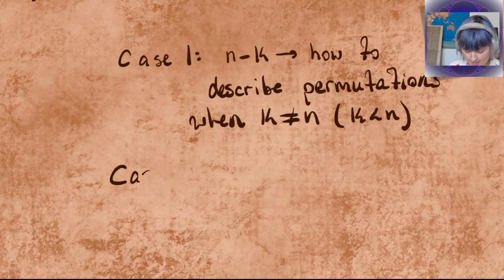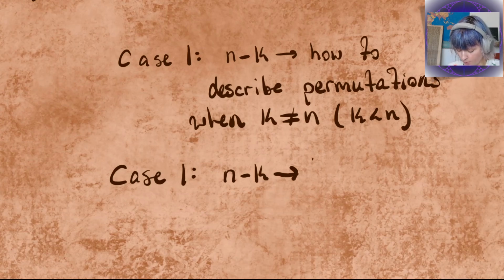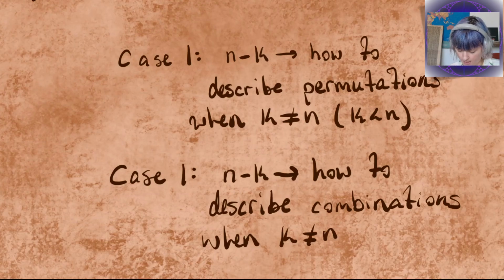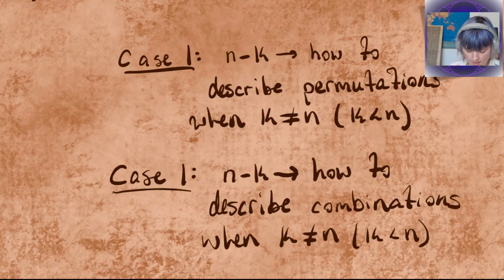And then the second case is we're going to be doing the same thing, looking at what happens when n is not equal to k, but we're going to be looking at how to describe combinations, when k is less than n. We'll be looking at these two cases, case 1 and case 2,